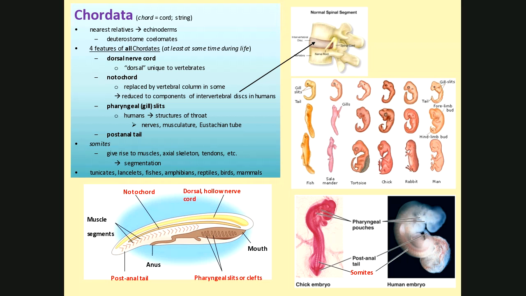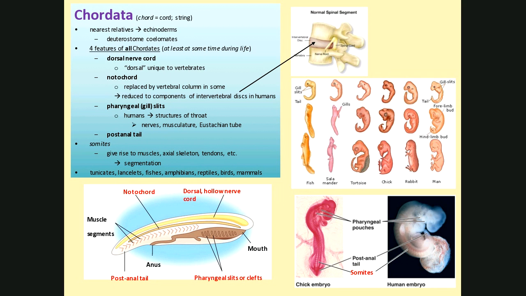All right, the phylum Chordata, cord or string. As I mentioned, the nearest relatives were the echinoderms. Now, here's where we help fill in this idea of how an organism can be a chordate without a backbone. To be a member of the phylum Chordata, just like any other phylum we've talked about since even back in Bio 1, you've got to share characteristics. If you're in the phylum Platyhelminthes, you share characteristics of that phylum. If you're in the phylum Echinodermata, you share characteristics of that. If you're in the phylum Cnidaria, the jellyfish, you share the stinging cells. That's one of the characteristics you share.